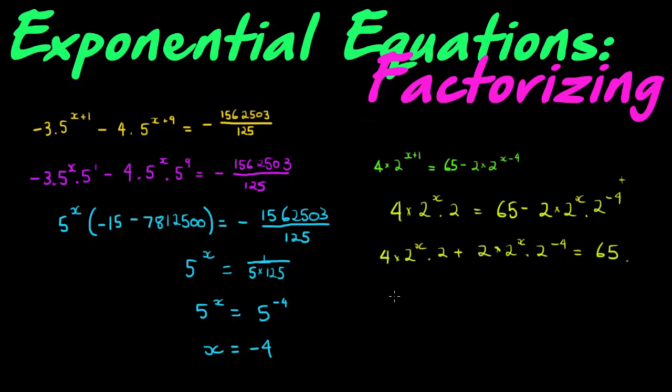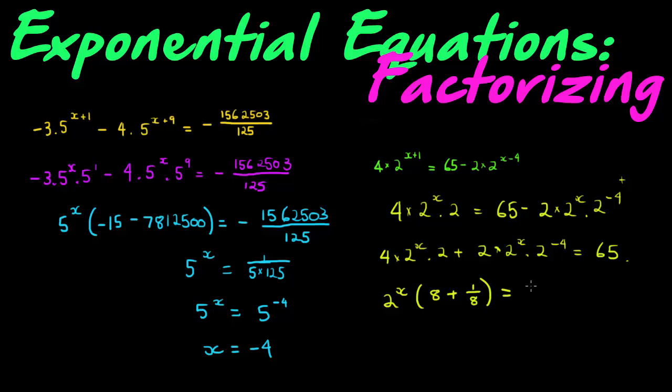Okay, and then on the right hand side, if I take out my common factor, 2 to the power of x, I'm left with 4 times 2, that's 8, plus, and this time 2 times 2 to the power of negative 4 is 1 over 16, 1 over 2 to the power of 4. So I've got 8 plus 2 times this, is 2 sixteenths. And 2 sixteenths is 1/8. Okay, makes sense? So I've got 1/8. Shouldn't have done this here, but anyway, so it's 8 plus 1/8